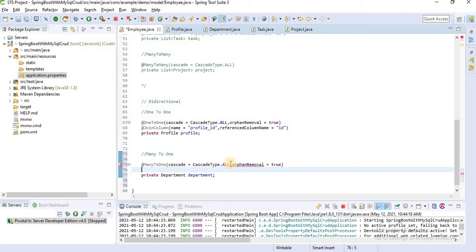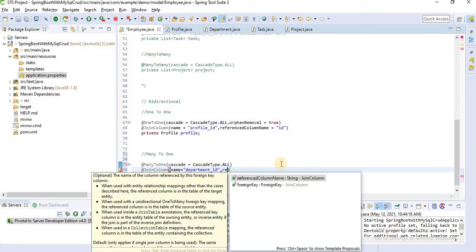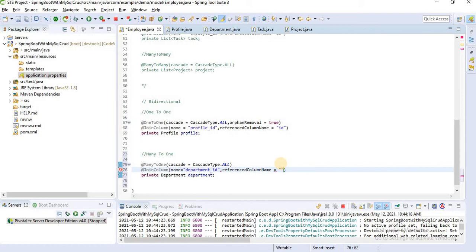That's why we can't define orphan removal here. Then @JoinColumn, here simply name equal to department_id, comma, reference column name should be id.